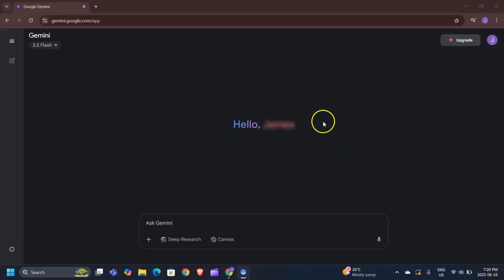Another pretty cool feature you can utilize with Google Gemini is logo generation. Now a lot of people know that you can generate images with Google Gemini or almost any AI platform. However, this one is particularly good at generating logos. So to do that, simply ask, can you generate